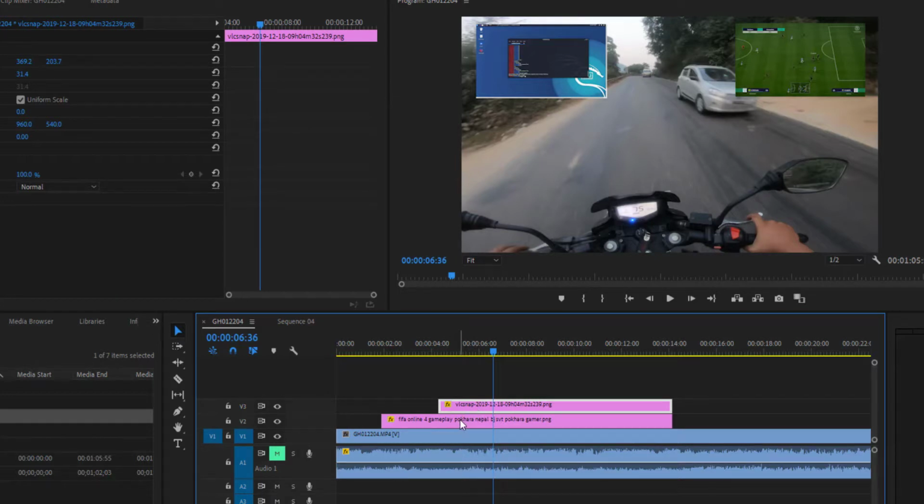So this was about scaling and how to use different tracks in your project. And okay, this is it